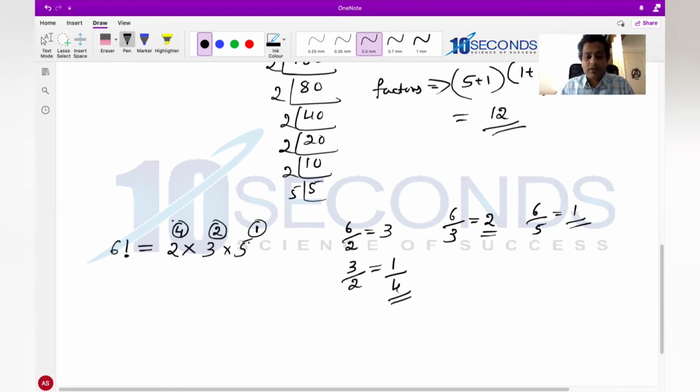I'll repeat. How many prime numbers between 1 to 6? 2, 3, 5. Check how many 2's are there in 6 factorial. 6 divided by 2 is 3, 3 divided by 2 is 1. Total 4. Next, 6 divided by 3 is 2, and a multiple of 3 in 2 is not possible. 6 divided by 5 is 1. So 2 four times, 3 two times, 5 only once. So the number of factors are